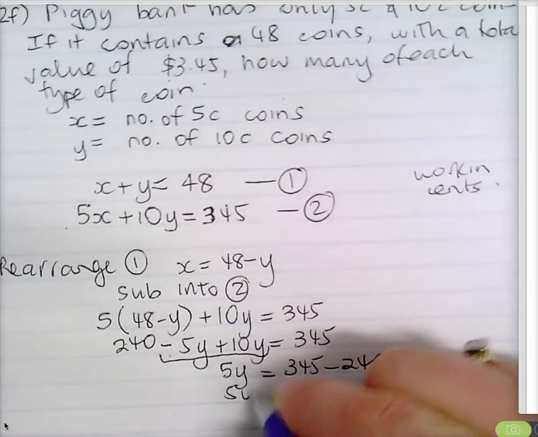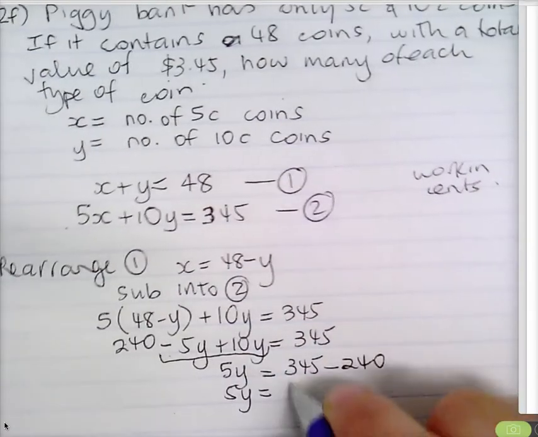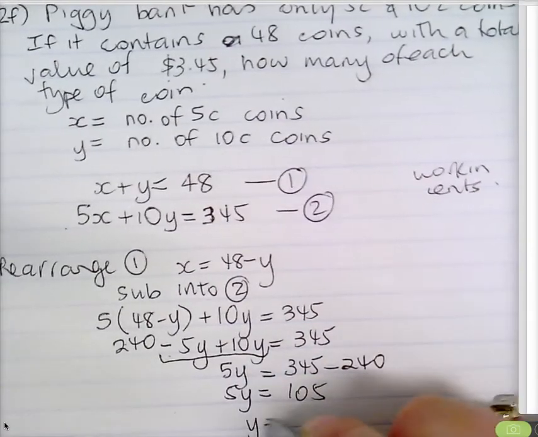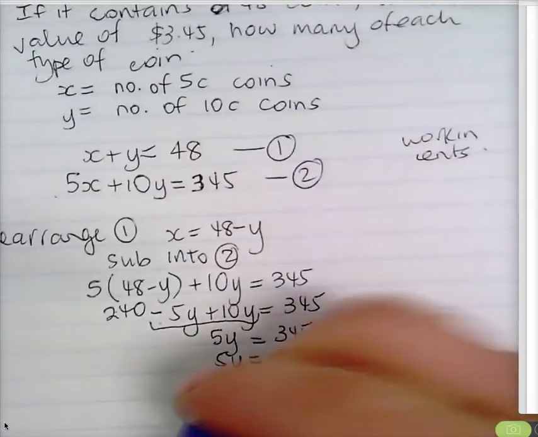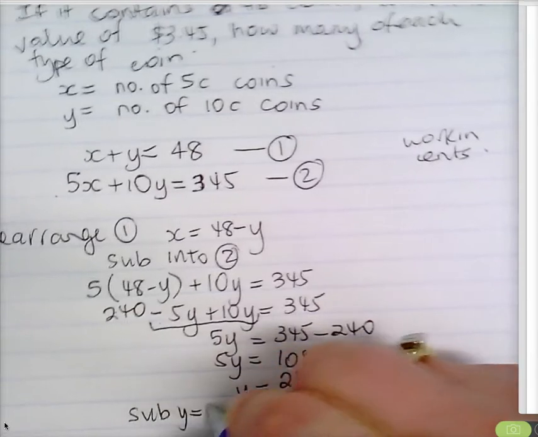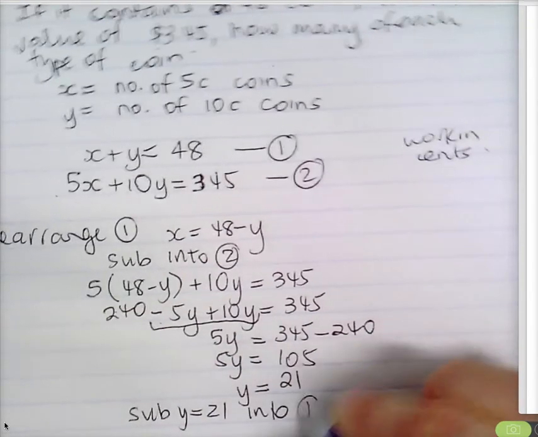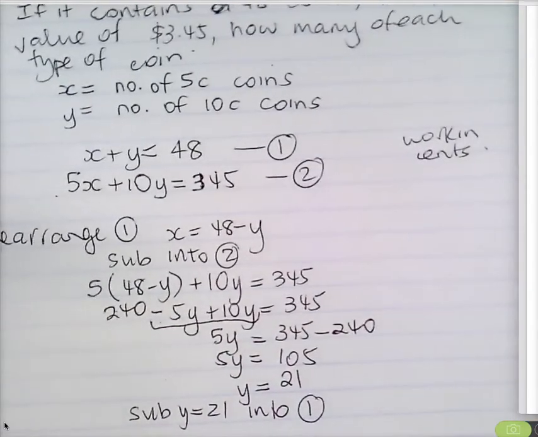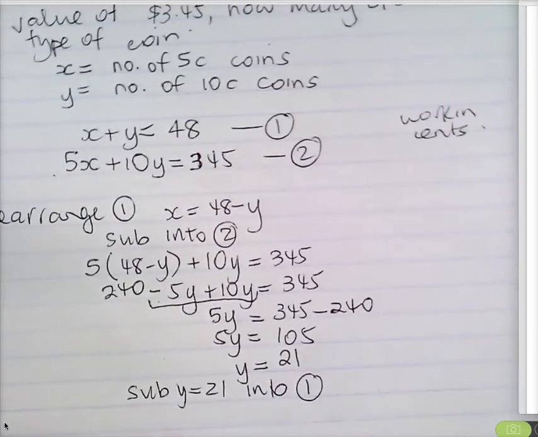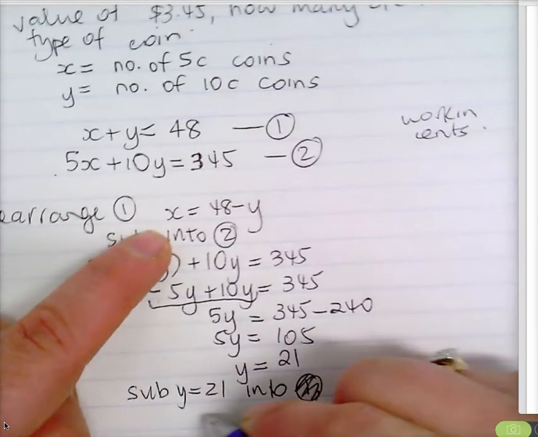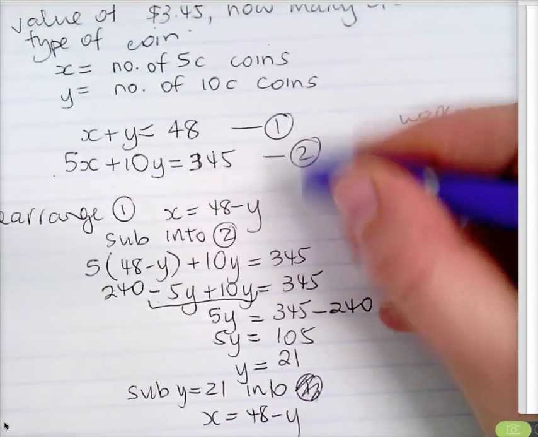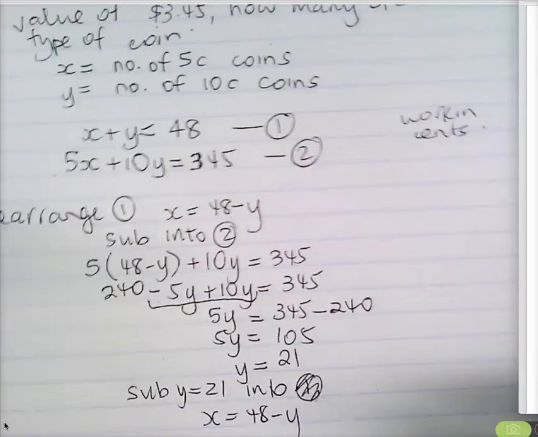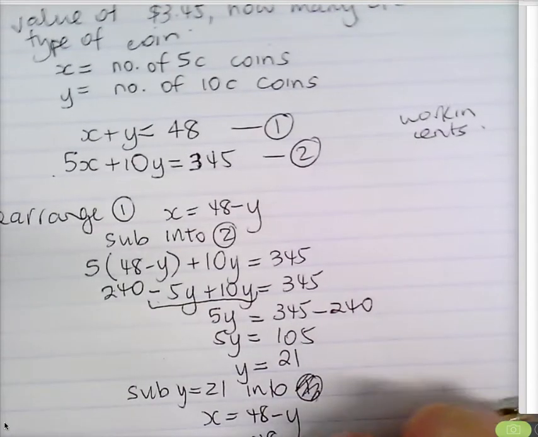So what have we got? 5y is 105. Y is 21. So therefore, substitute y equals 21 into... Don't you just say 48 minus 21 equals? Into which one? Into x is 48 minus y. I'm going to put it into this one, the rearranged one, which is 48 minus 21,